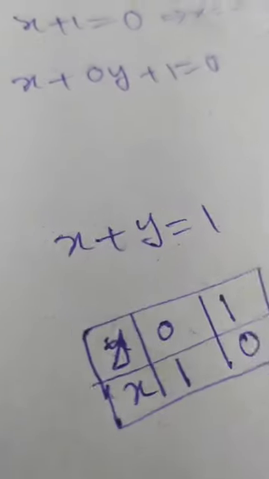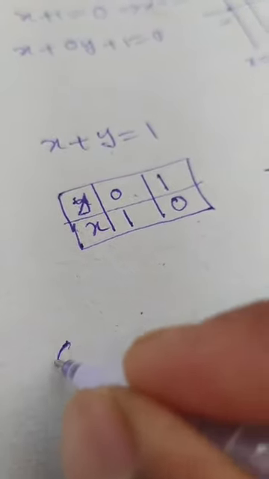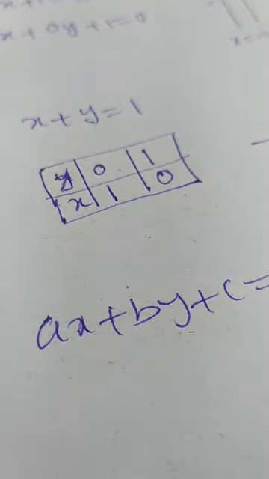Okay, and now in this chapter, see what is the chapter name? Pair of linear equations in two variables. So when we say an equation having two variables, suppose I am taking one form, ax plus by plus c is equal to 0. See here the variables are x and y. What are a, b, c? a, b, c are constants, and a is the coefficient of x, b is the coefficient of y, and c is called the constant. And is this a linear equation in two variables?